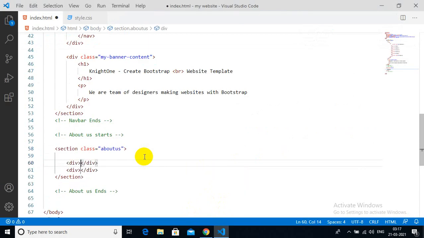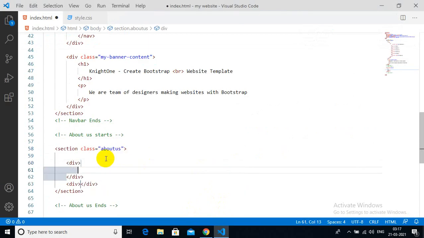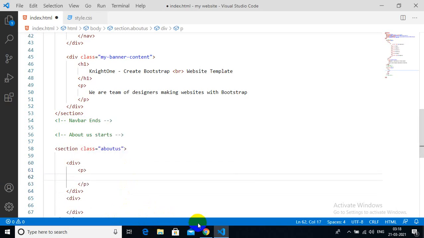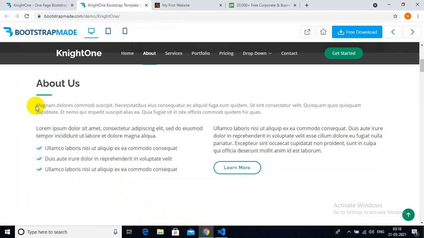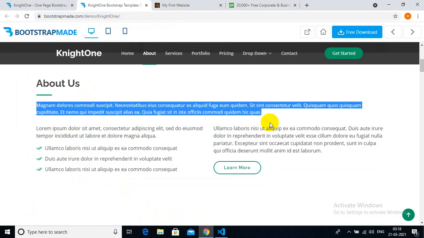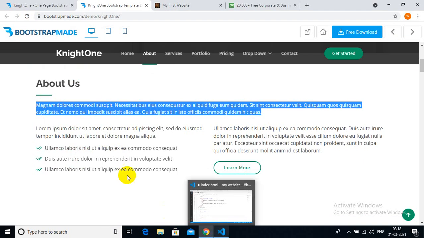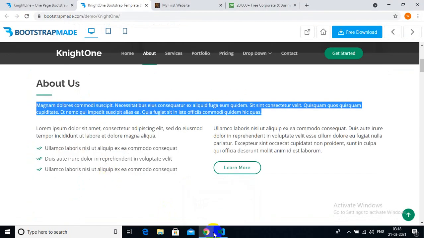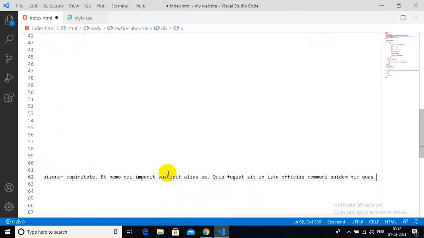So we created two divisions here, right? The first one we created here and the second one is here. Done. So in the first division I will add something called a paragraph tag. I'll copy the whole content and paste it in between the paragraph. So similarly,